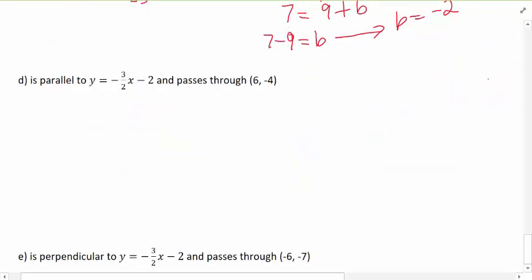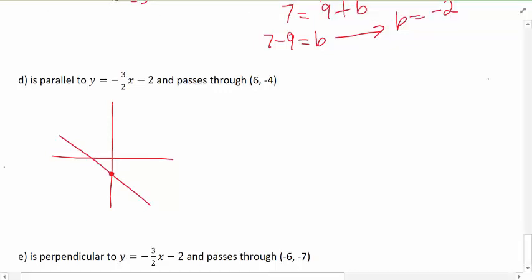Let me make a quick sketch here and then try to understand what we're trying to look for. Okay, here we go. This one starts at what? Negative 2. So it starts at negative 2. And what kind of slope does it have? A negative slope. So it's going to go down like this. Now